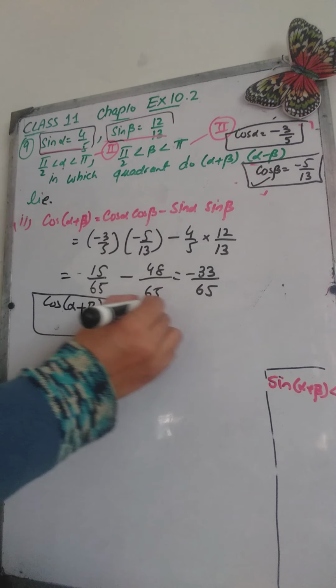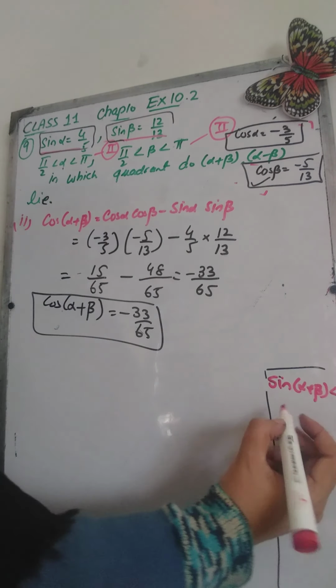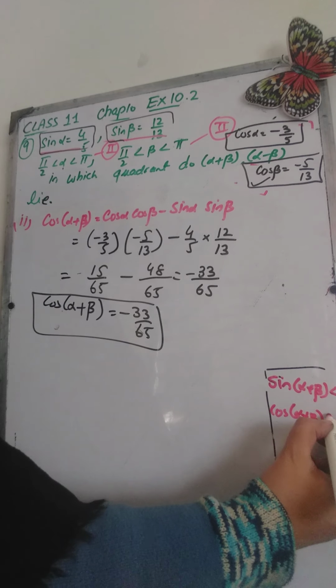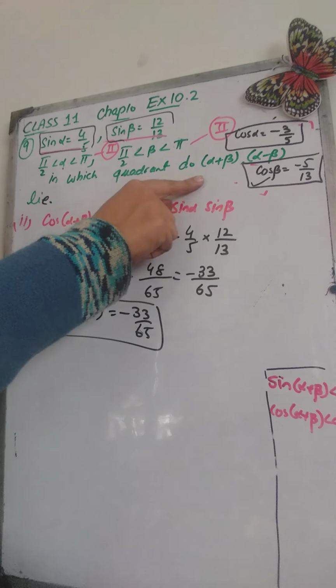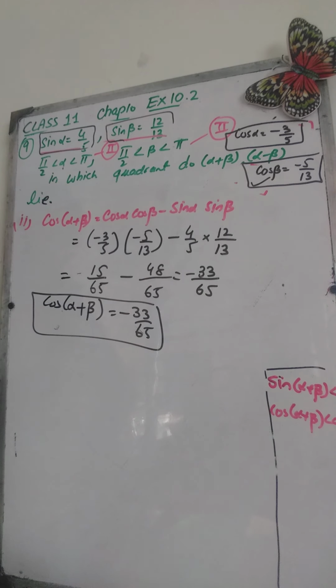Okay, this completes the second part. And note down that cos of alpha plus beta is also negative. So sine and cos both are negative. Cos of alpha plus beta is less than 0. Okay, I am writing this because we are going to decide the sign for alpha plus beta and alpha minus beta at the end, after getting enough information about sines and cosines. Okay, the next part is,